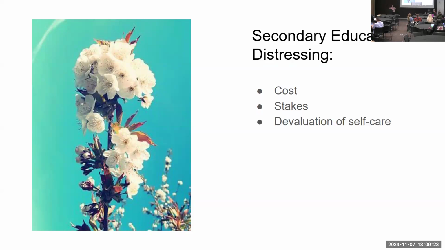Also, there are a lot of ways in which the college environment reinforces a devaluation of self-care. Now, when you're talking about in-ground class systems like ASU, where you have a lot of students, especially between ages 18 and 21, a lot of those students are not at home with parents for the first time in their lives. And so a lot of the scaffolding that was socially in place to encourage self-care is suddenly gone. And so a lot of students in the 18 to 21 age range are in the position where they are having to learn how to take care of themselves while also being in this incredibly challenging educational environment.